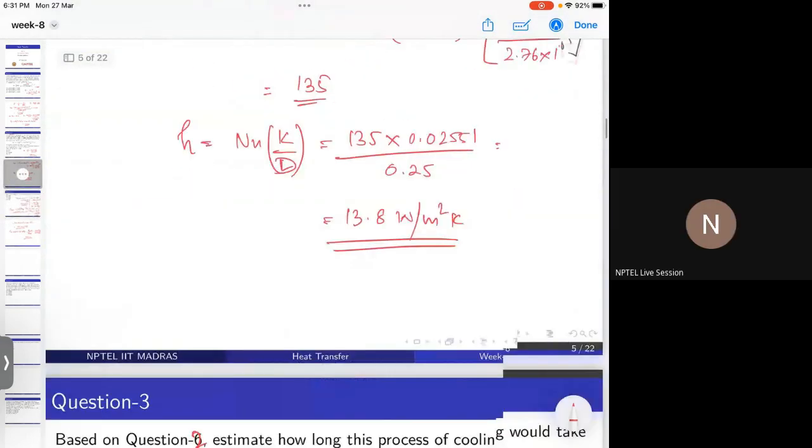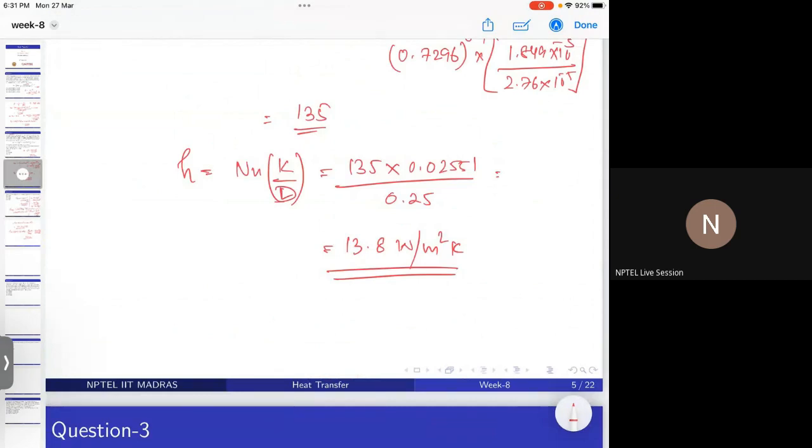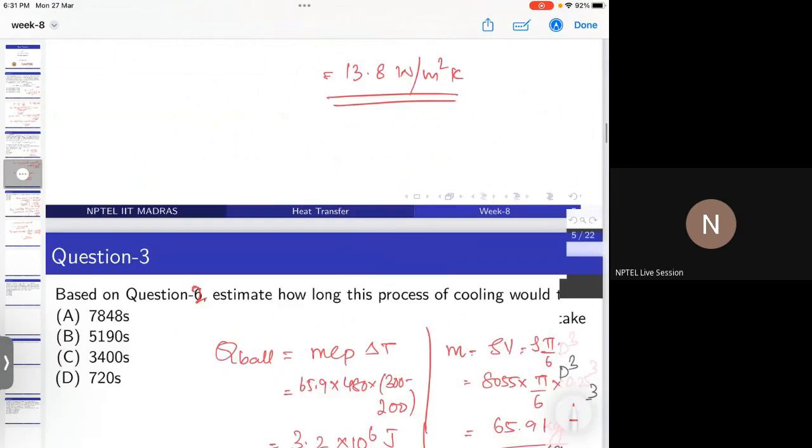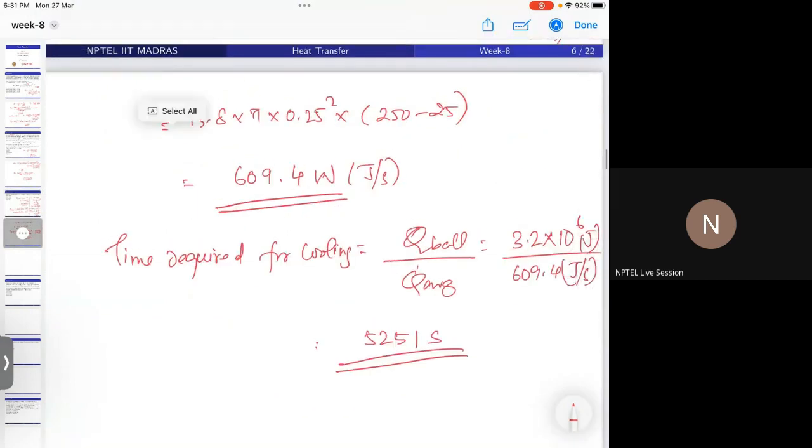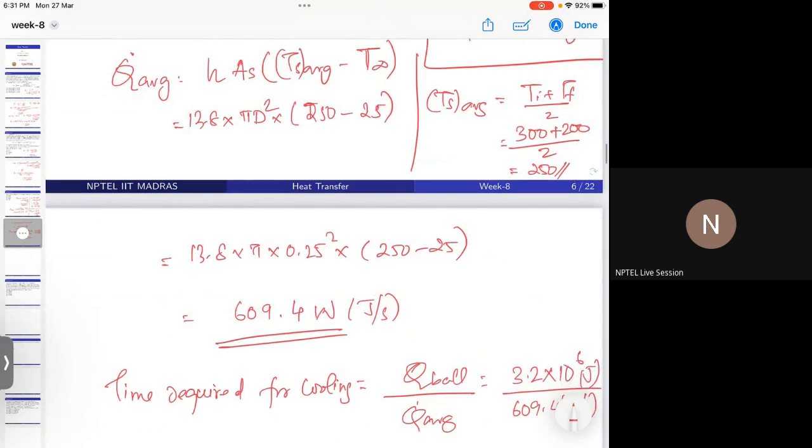Why is it so? Because the h is very low. Say for example, if you are dipping it or placing it in a stream of water, the h will be very high and this will reduce to some seconds. As it is air, how can we increase this Q average? Either we can send air of lesser temperature. So instead of 25, if we reduce the air temperature to some 10 degrees,